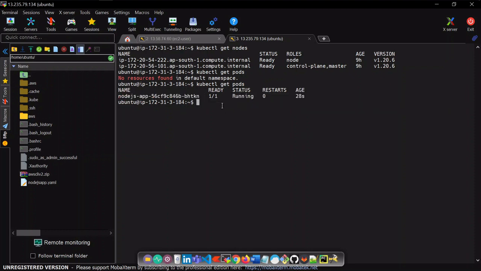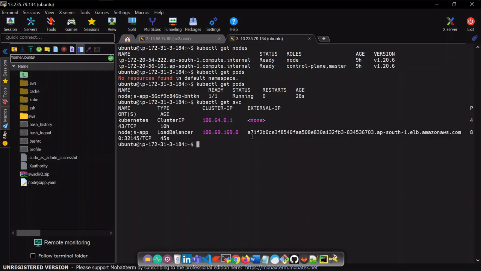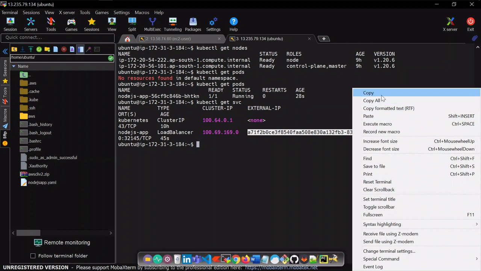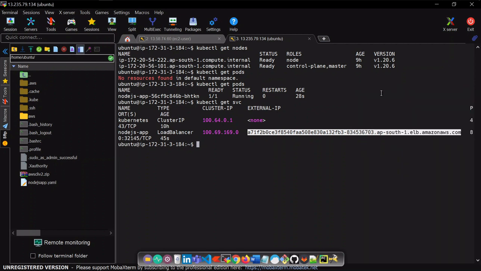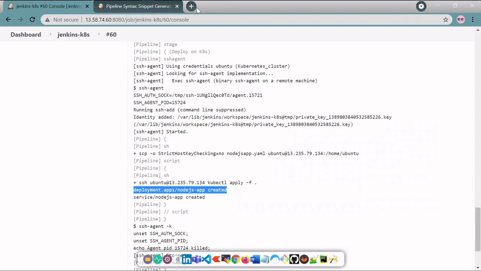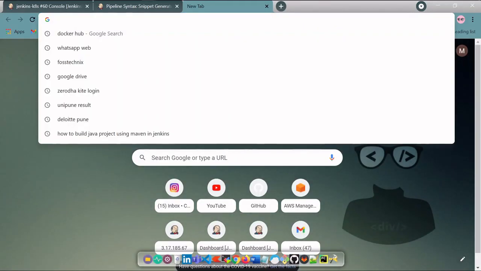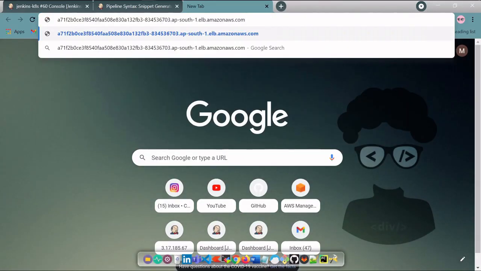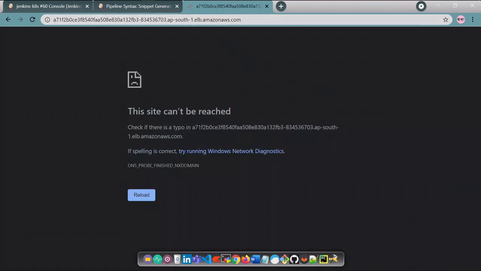So let's check the service using kubectl get svc. Here you can see the load balancer. We'll check the service in the web browser. Simply copy this and hit it over here.